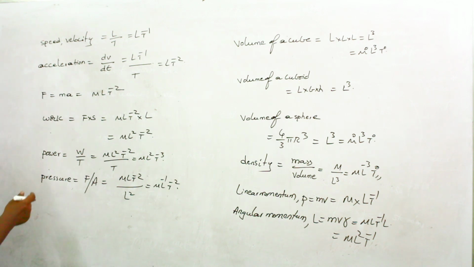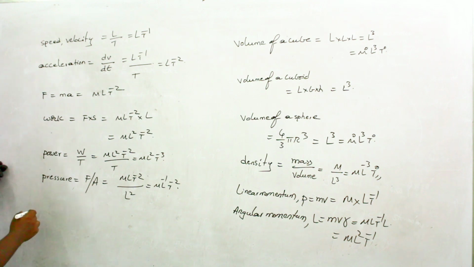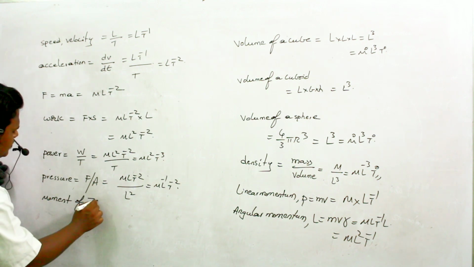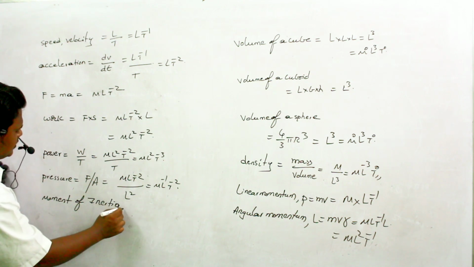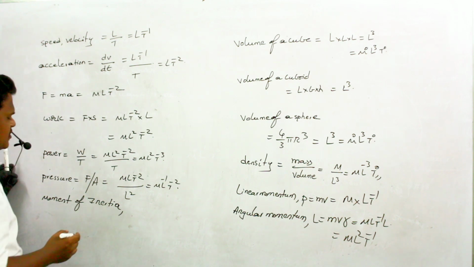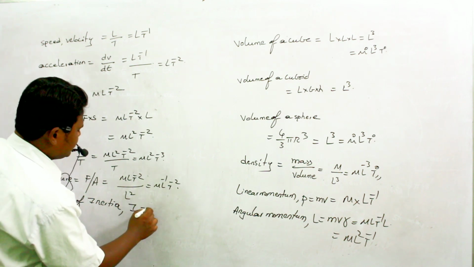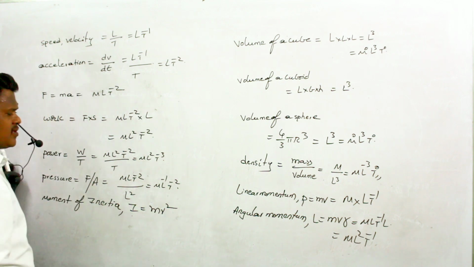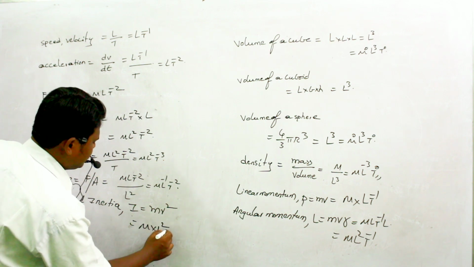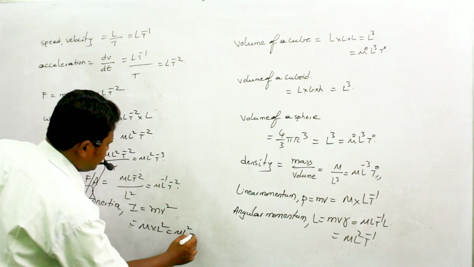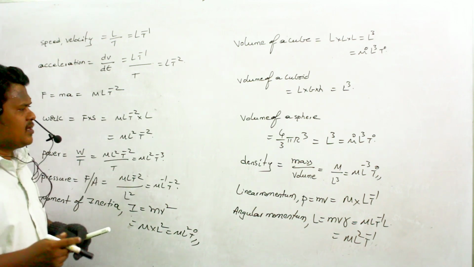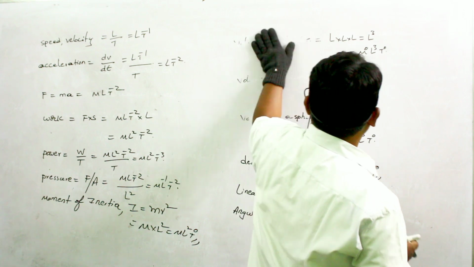Now if we take the dimension of moment of inertia, then for a single particle moving around any axis, the moment of inertia is given by I is equal to m r square. So mass into L square, or we can write M L square T power 0, will be the dimension of moment of inertia. Similarly, let us see the dimension of